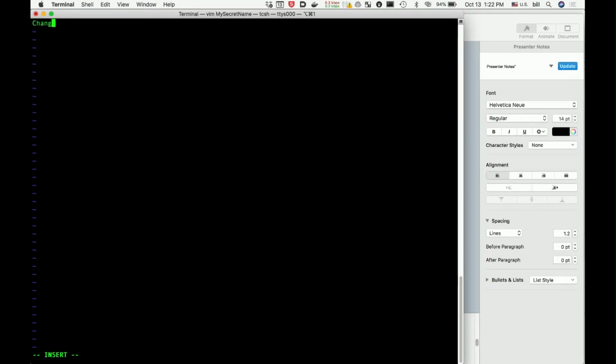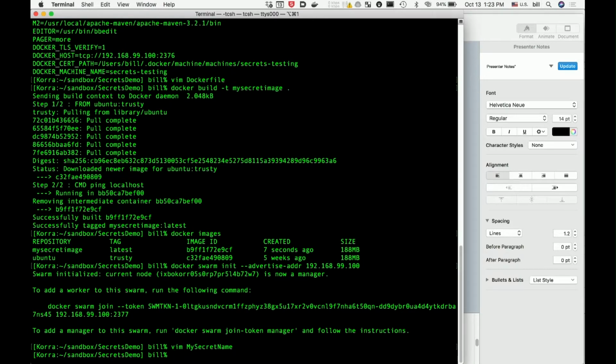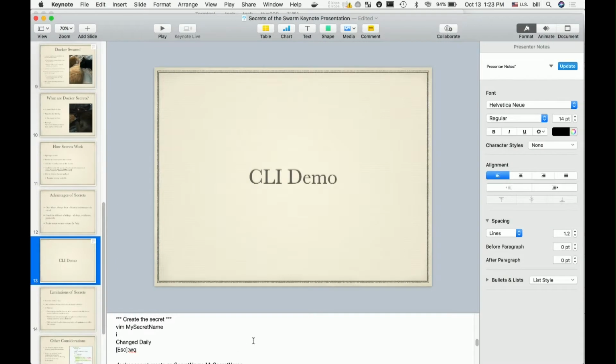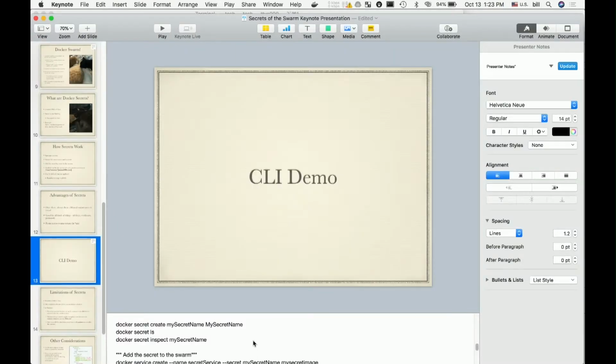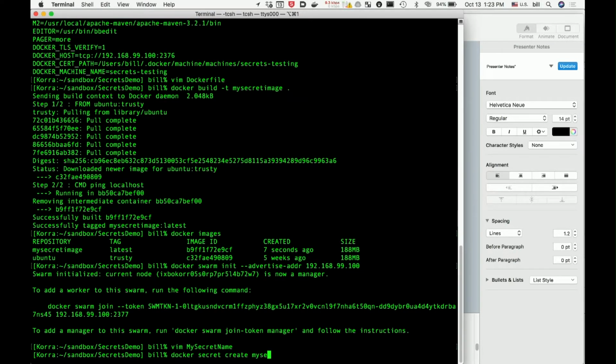This is the content of our secret. And now we can create it as a secret. So here we're creating a secret that we're calling my secret name, and the data that it will contain is in the my secret name file.